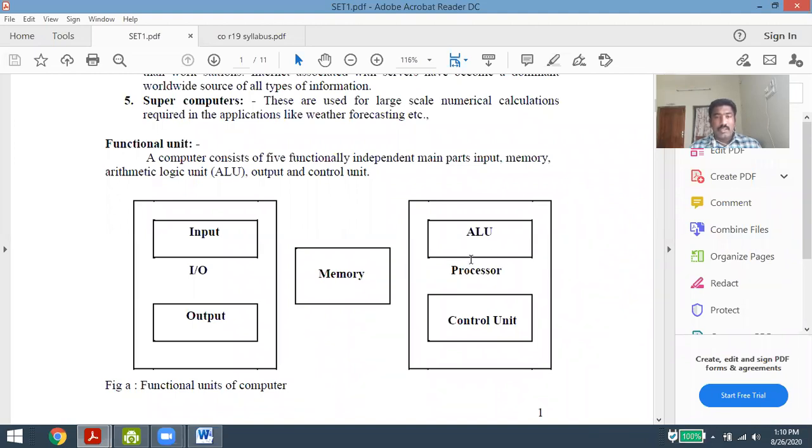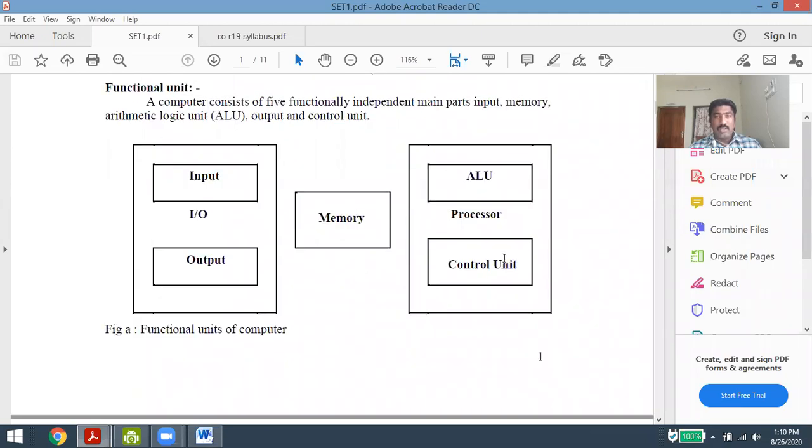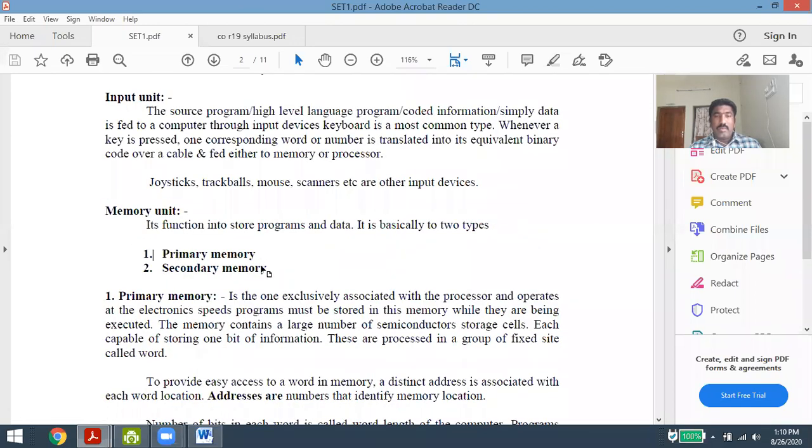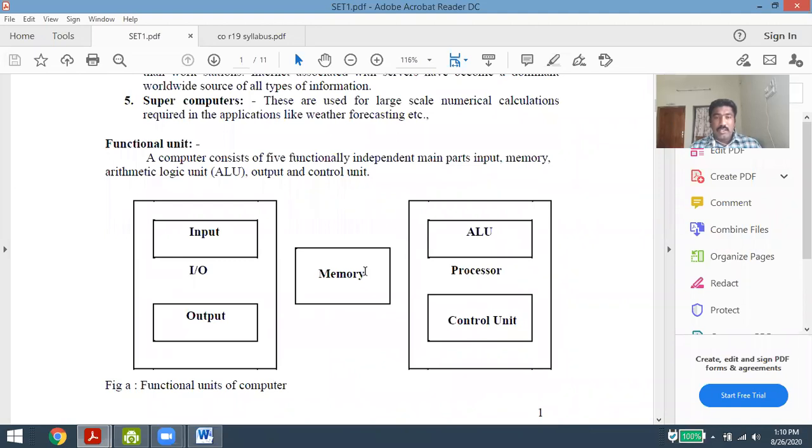So I don't want to discuss in depth. Already we have discussed in the last few classes these basic structures of the computer, or simply the functionality of the computer. And I want to again discuss the memory now. We have two types of memory: primary memory and secondary memory. Already I have said what the use of primary and secondary memories is. Primary memories are the memories which are attached directly to the processors. Simply we call them RAM and ROM, which are attached directly to the processor. So the memory we are using here can be either ROM or RAM.